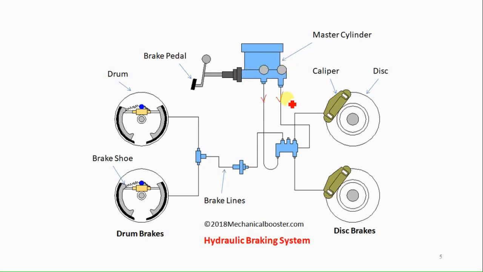So this is called the tandem master cylinder, and here the two outputs are given. These two outputs provide a different output to the front wheel as well as the rear wheel. This one is the brake line, and this brake fluid goes to the caliper, and the braking effort is performed. Here this brake line goes to the rear brake, and this rear wheel is equipped with the drum brake. Here the braking effort is also provided.